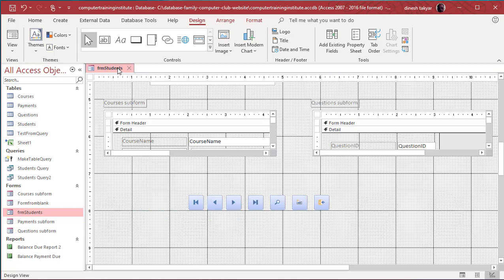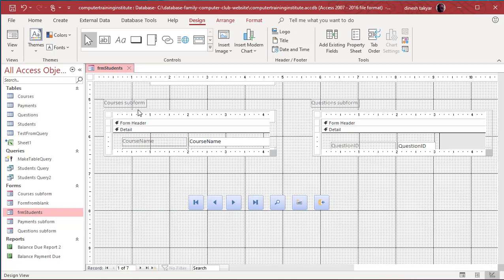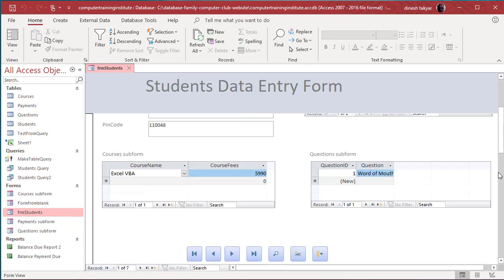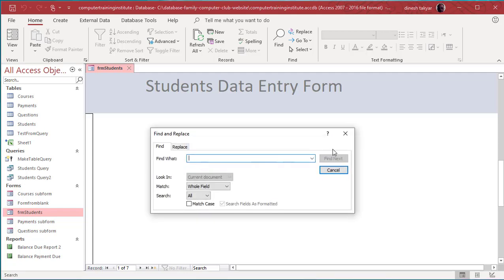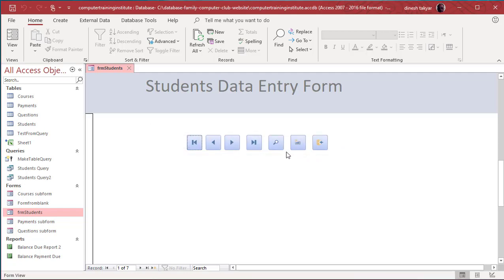Okay, so let's go back to our form view and let's try them out. So again, we can go to the next record, previous record, last record, first record. We can find a record, we can add a record.